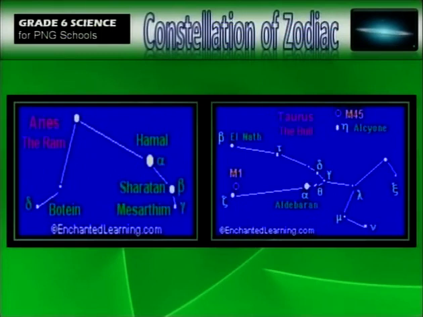So these are some constellations of zodiac signs. Have you ever heard of zodiac signs? Zodiac signs: Aries, Aquarius, Gemini, Libra, Scorpio. Well, I will show you later after this lesson. So you have star patterns there. Each one of the zodiac signs has star patterns. So you have Aries,